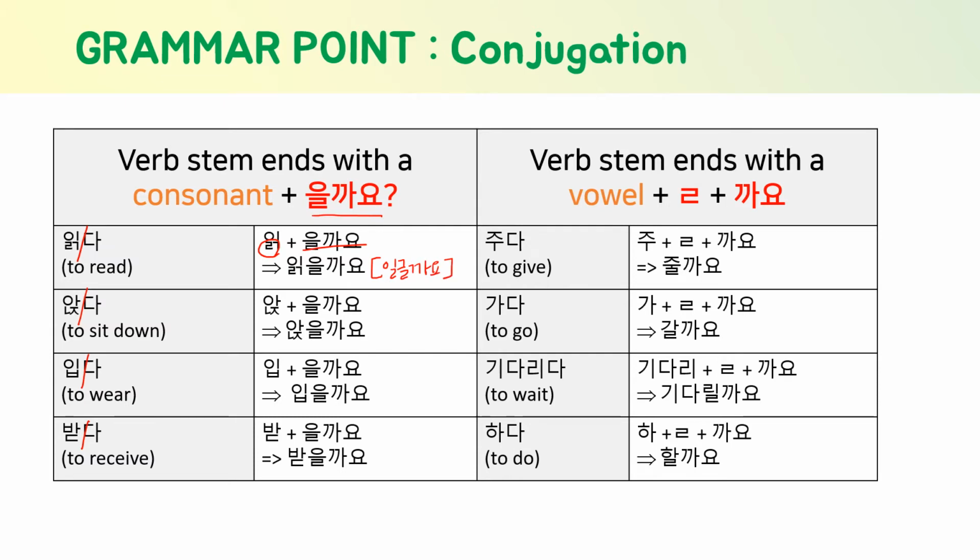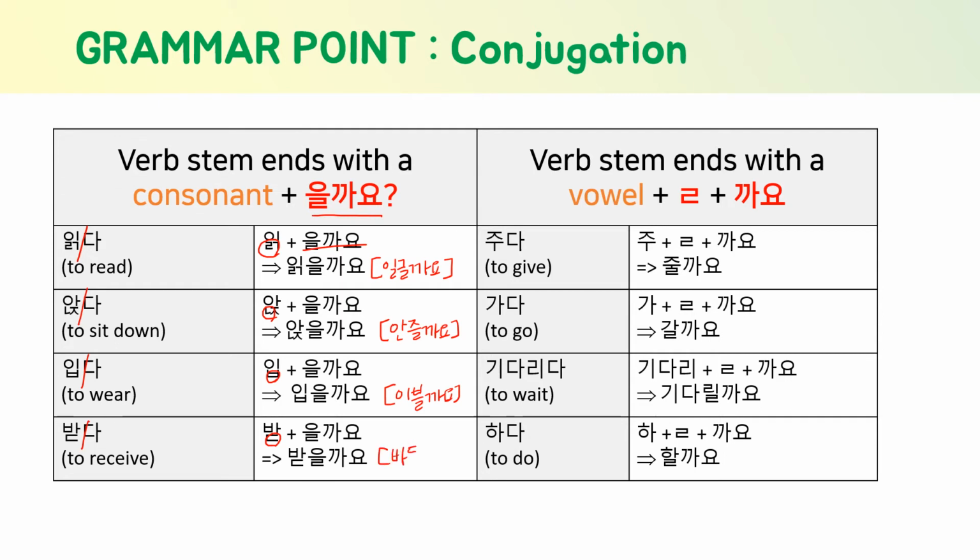And then 앉다, same thing. 을까요. Together, 앉을까요. And then 입다 ends with a consonant. Add 을까요, so it becomes 입을까요. So 받다, with the verb stem 받, add 을까요, it becomes